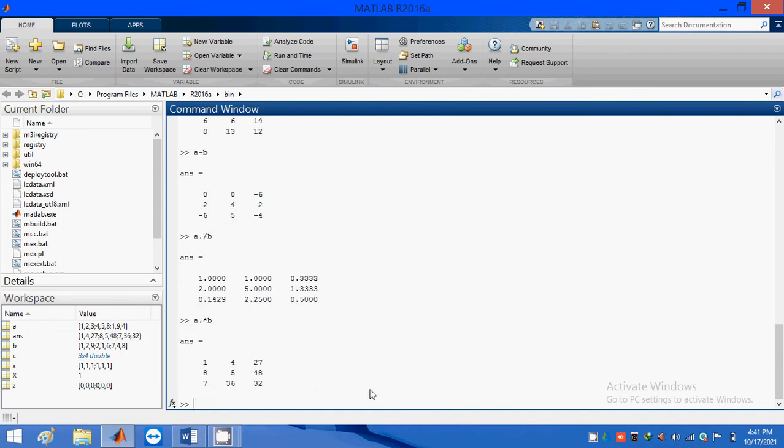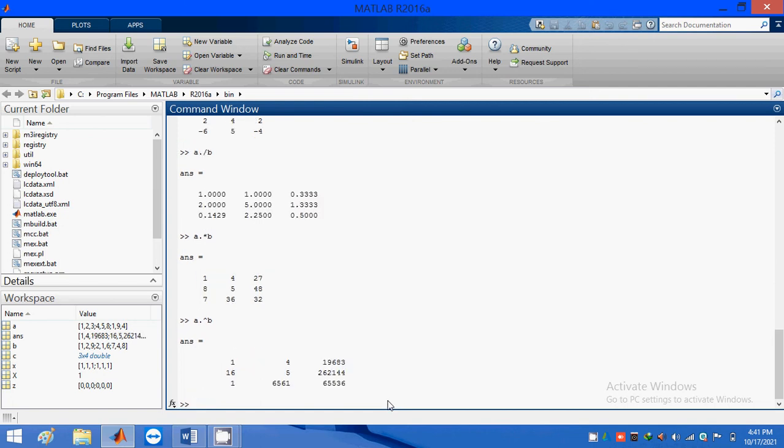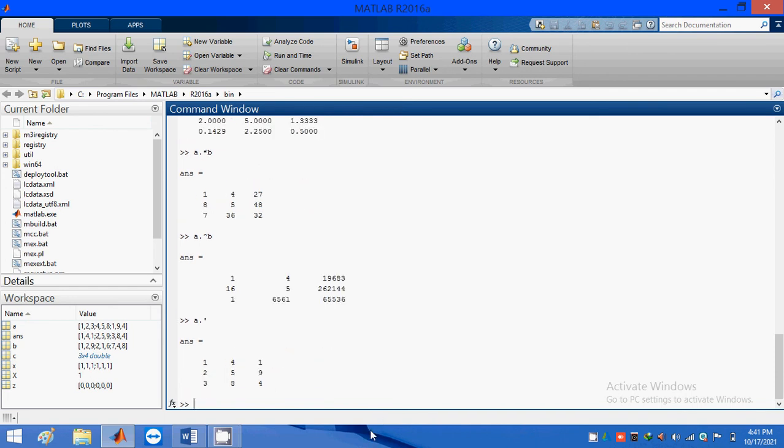For exponential, just use the cap symbol with B. For transpose, A dot transpose. Transpose means you just interchange the rows and columns. For B, just do this command.